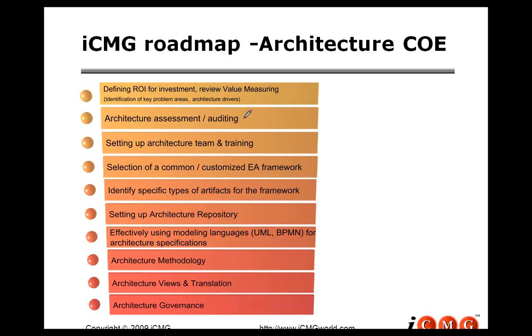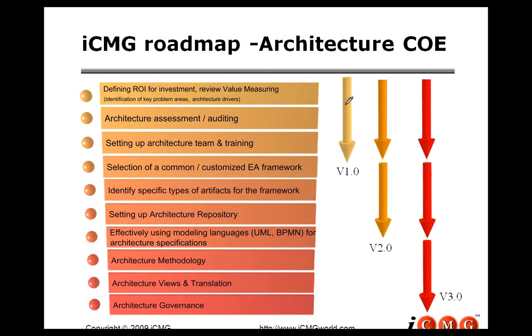The future is to do the architecture center of excellence. Now that would mean several things, not just the people, but the practice, the tools, the metrics, and repository, and so on. So typically when you look at the COE, architecture COE, we're talking about several activities: defining